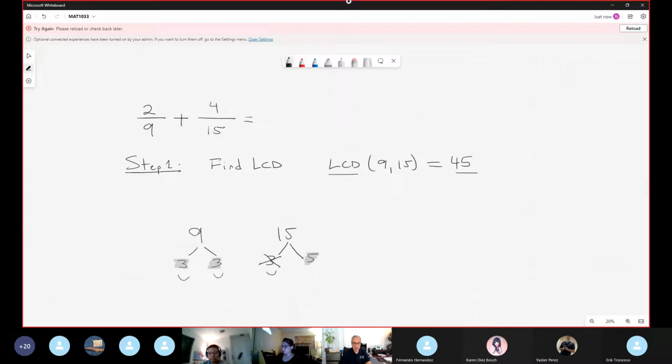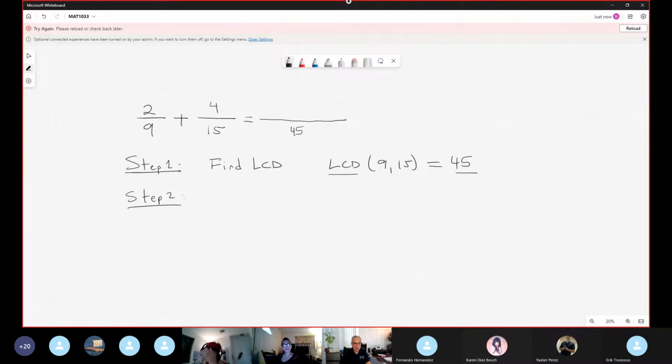Tell me. I can explain in a different way. Okay, Eric Troncoso says yes. Now, this is step 1: find the LCD. So now, in this crucial moment, you put a long line and you put 45 here because of the LCD. And I try to condense step 2, which is the most confusing step,